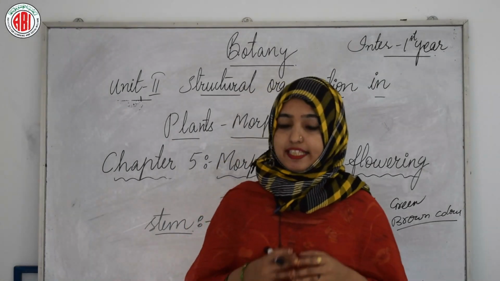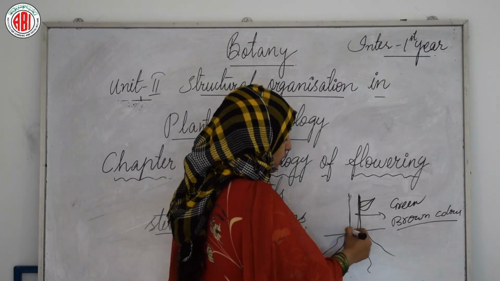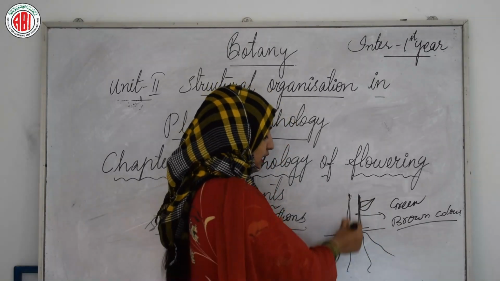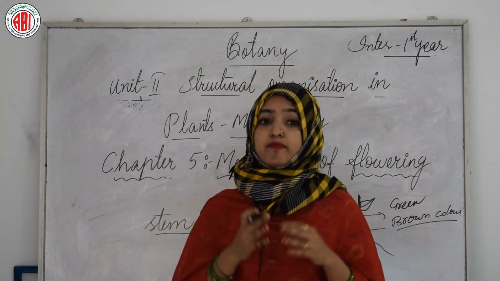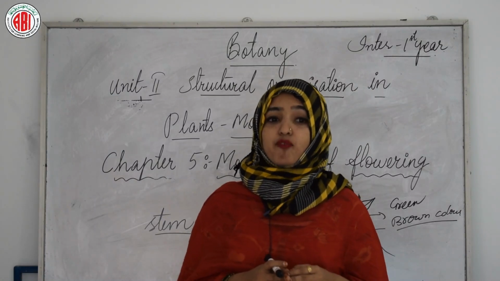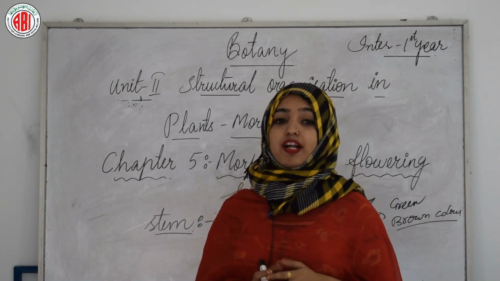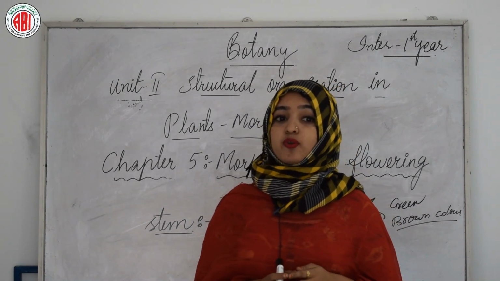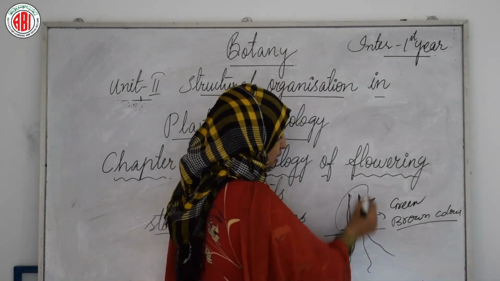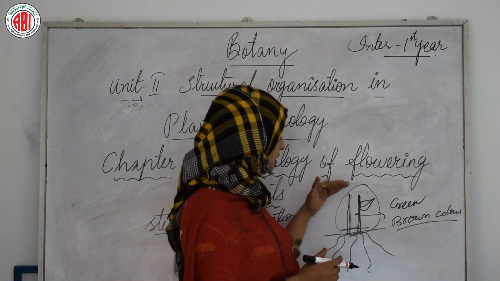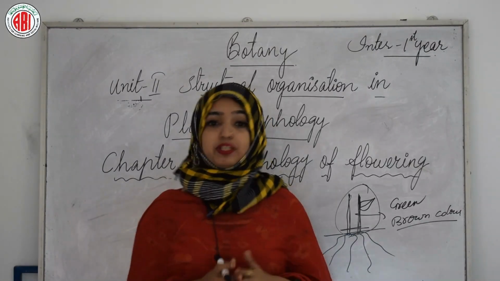So normally till this class you have learned that the stem is the part that is present on the upper surface of the soil, standing in an erect position, right? But now let me tell you one thing, that they may not always be typically what they are expected to be, and they are modified to perform different functions. In some plants the stem grows into soil contrary to its normal aerial habitat. So sometimes, this is the aerial habitat, right? Sometimes the stem does not grow on the surface of the soil, but rather it grows into the soil.